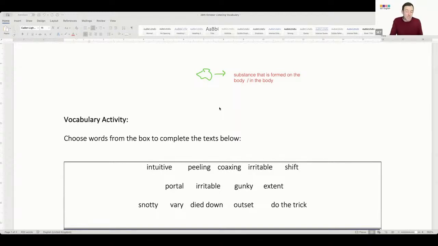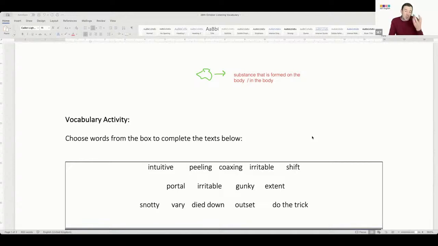Normally, you're not snotty. To be snotty means to have a lot of this substance in your nose, and it's not 100% the same. So if you're snotty, you can't pick it. It runs out of your nose. So we often say things like, I've got a runny nose. So if you've got a runny nose, you've got a snotty nose. And that means dirt, dust, mucus, all together in almost a liquid. That's what it means to be snotty.